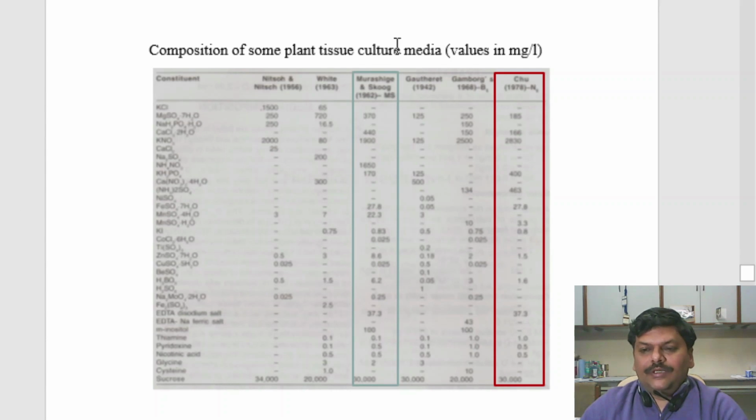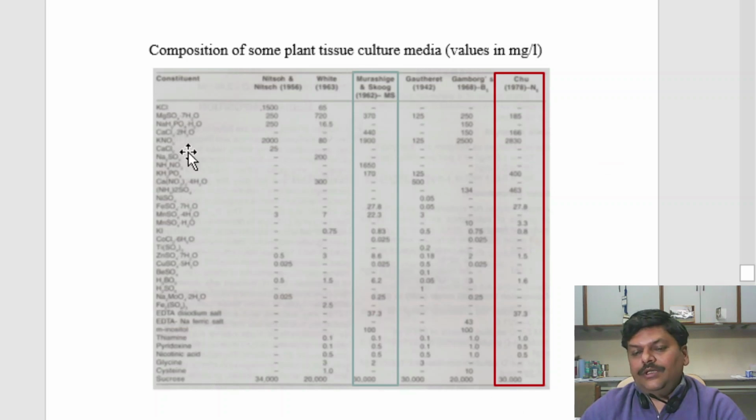Now, this table lists some of the popular media which are used for plant tissue culture. They are basically named on the basis of the people or the scientists who have developed them, like Nitsch media, White media, Murashige and Skoog media, and so on. Here you can see the ingredients which are used to make this defined media, and this is the concentration in which these ingredients or chemical compounds are used to prepare